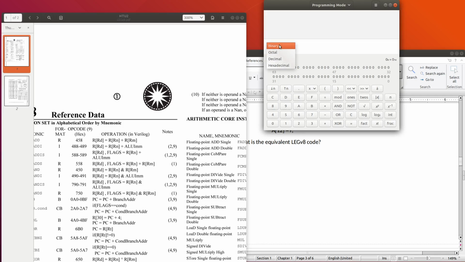Now we have binary. The binary is the concatenation of all these values together, and here you can see the hexadecimal value of it.